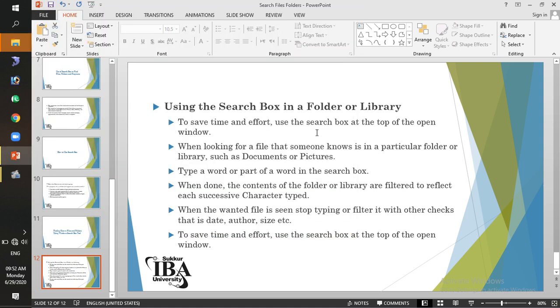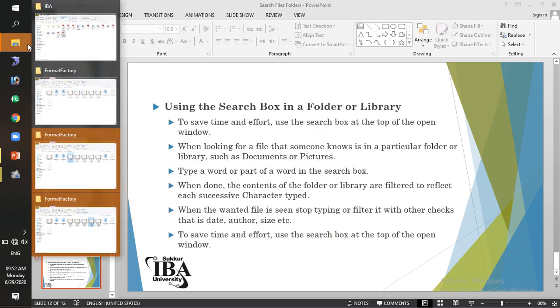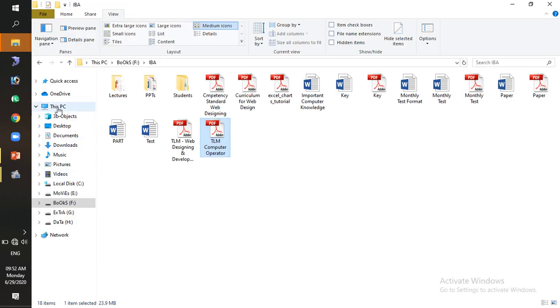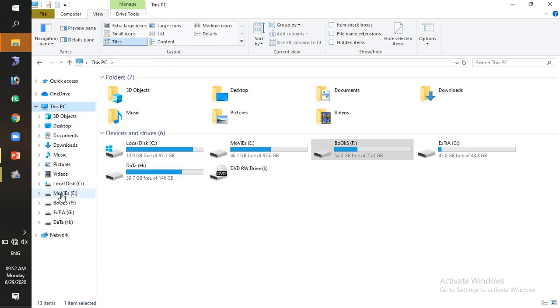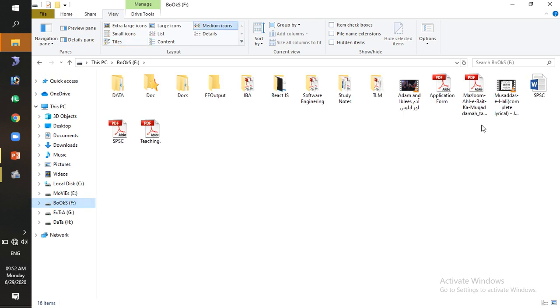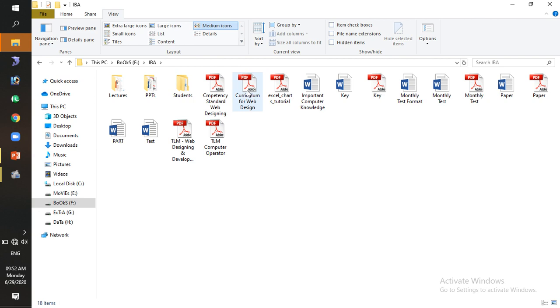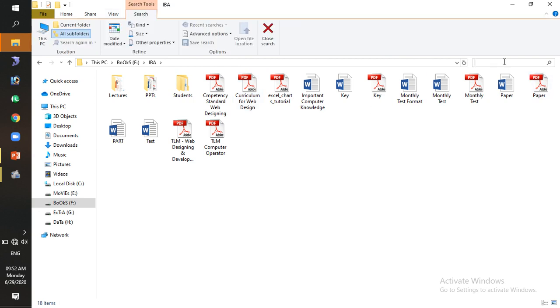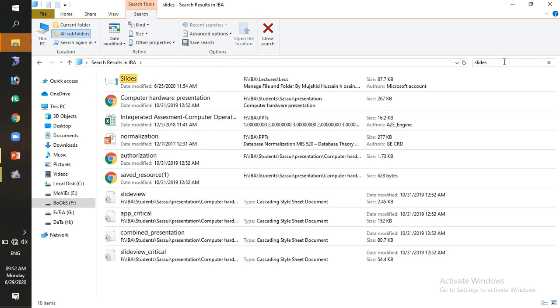And now this is our window tab. We are in My Computer, and now I am going to open the books drive. Now if I have to search for anything, like in IBA, if I want to search student name or slides, then you can see slides are available, and other slides which match my keyword are also available.